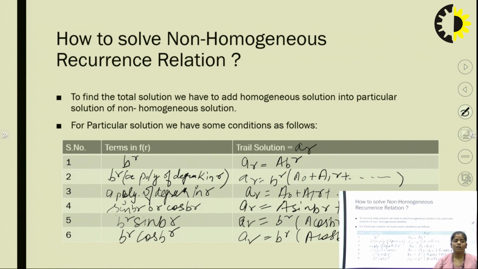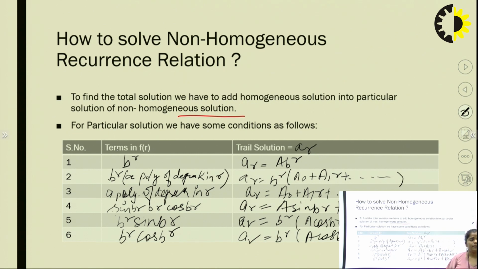Basically, the meaning of this line is that you have to find the solution of the non-homogeneous recurrence relation. So we find the homogeneous solution and the particular solution of the given relation, and we add both, so we will get the required solution of the non-homogeneous recurrence relation, right? As we already understand how to find the homogeneous solution for any given recurrence relation, let us focus first on how to find the particular solution.